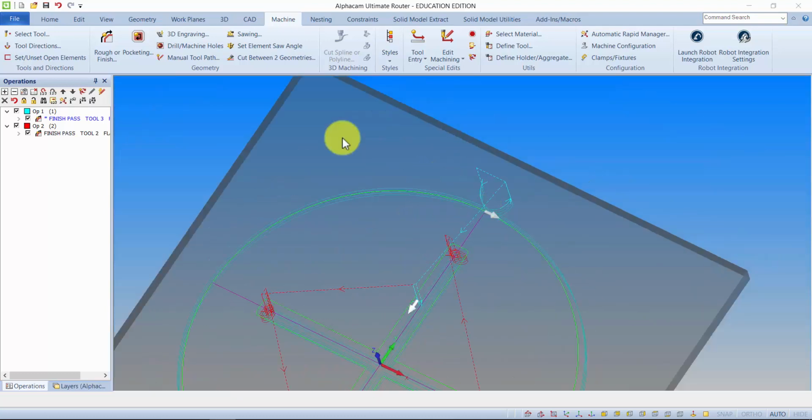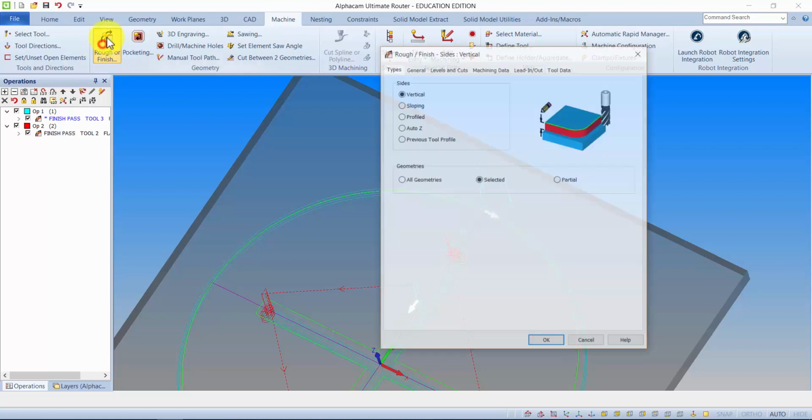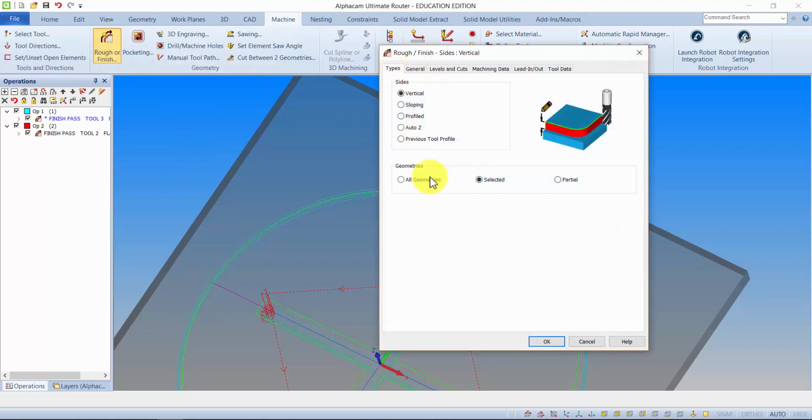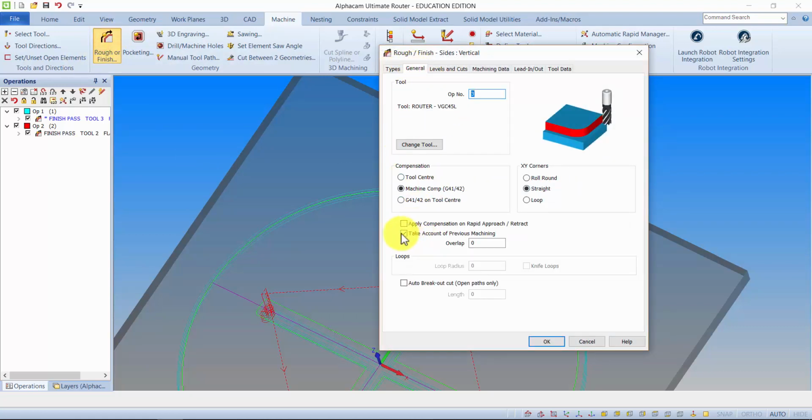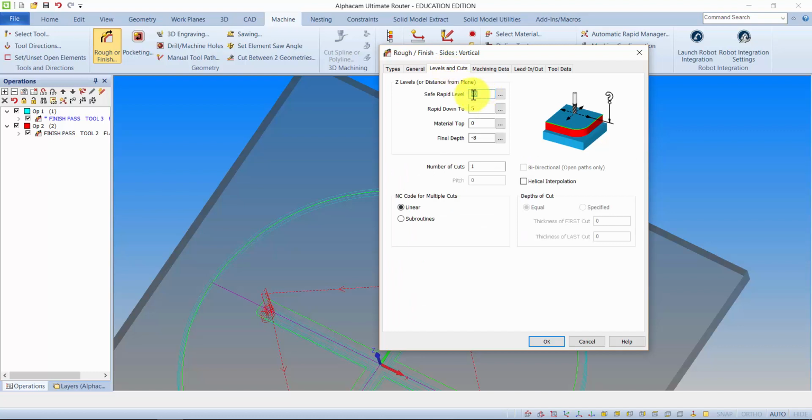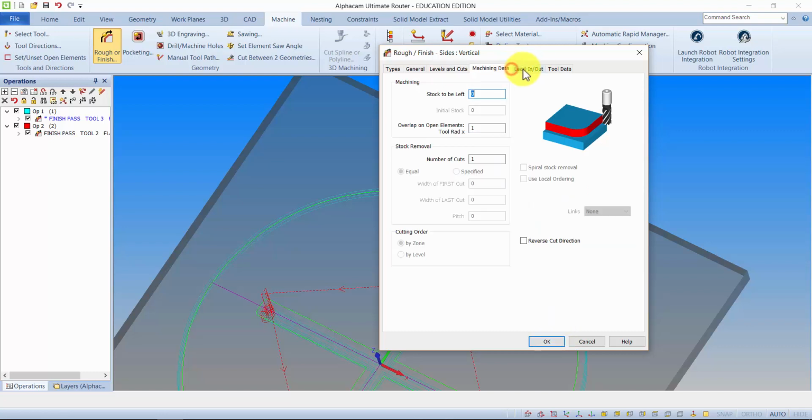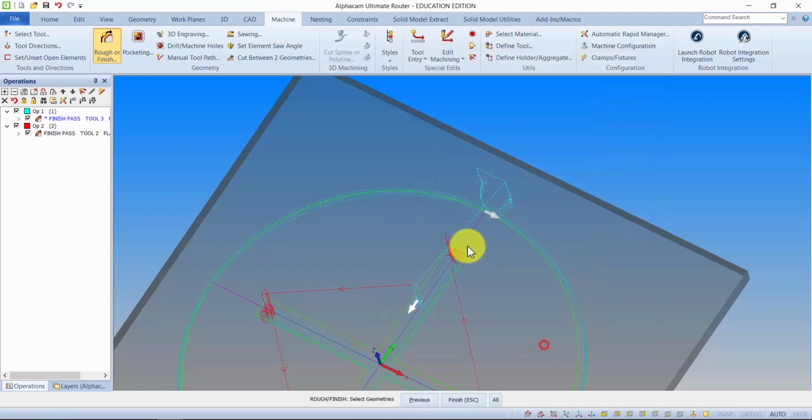So now it's just a matter of going to Rough or Finish, and let's go to Types, that's all okay. General, you don't necessarily have to take account of previous machining in this case, it doesn't usually matter. Levels and cuts, 40, 5 and 0 are all okay, but the final depth is going to be -8 rather than the -18 we had a while ago, and I don't want 4 cuts in there, I just want a single cut. Machining data and the lead in, all of that will still be the same, so press OK and